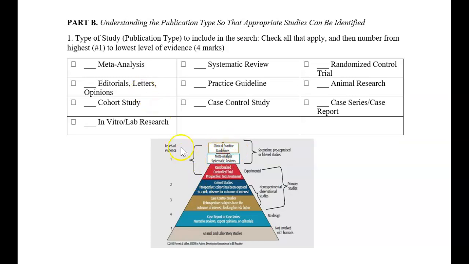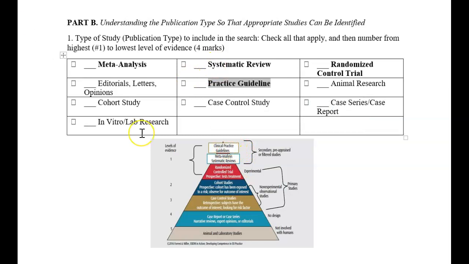So, depending on your topic, I'm assuming that most of you will say meta-analysis is a great way of finding evidence or finding research because it's high up in the pyramid. You may also say systematic review is also good, so you can check that off over here, or you could bold it. You might say randomized controlled trial is also a great option. Whatever you think is a great option. Practice guidelines, or depending on your topic, if it's a clinical question, you might want to look at the CDHO's